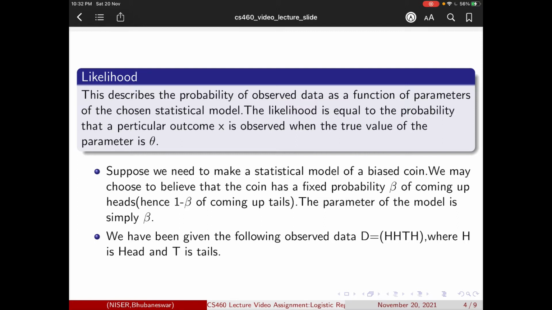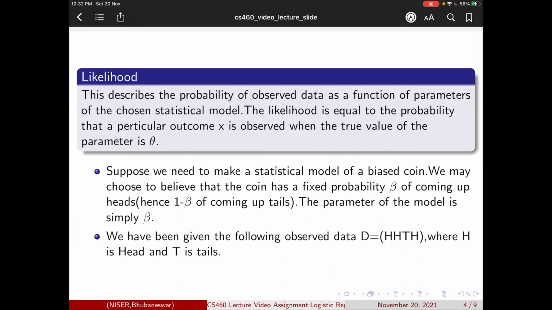Now we have been given the following observed data. We toss the coin 4 times and we get the following result: head, head, tail and another head. H stands for head and T stands for tail. Now suppose we choose the parameter beta for our model.